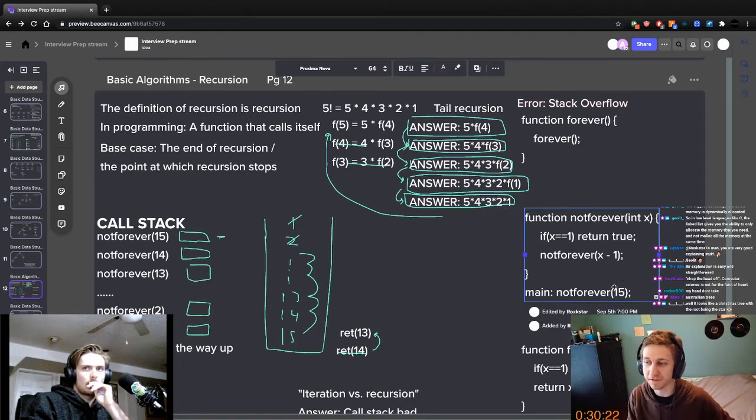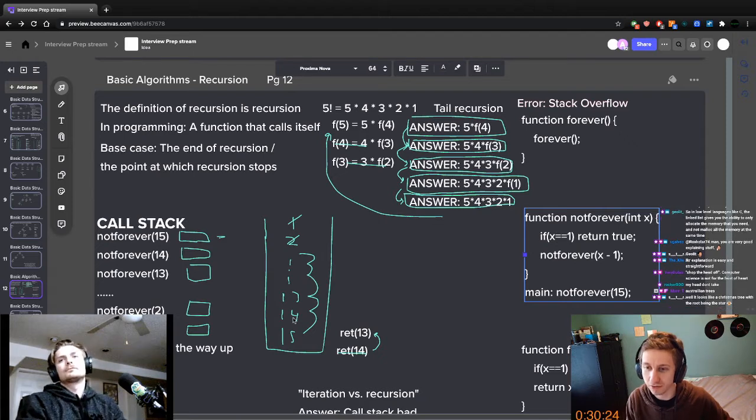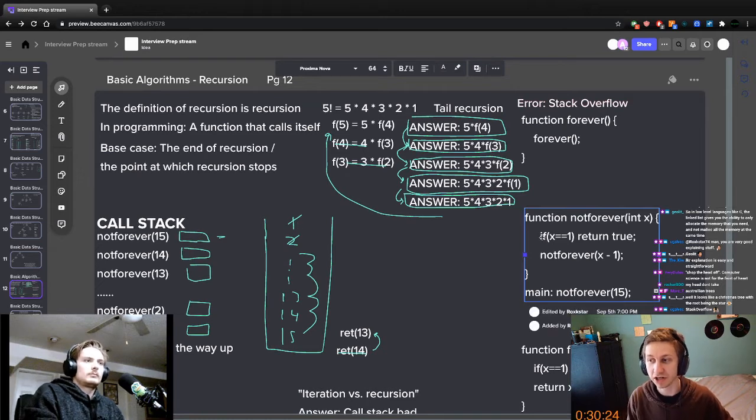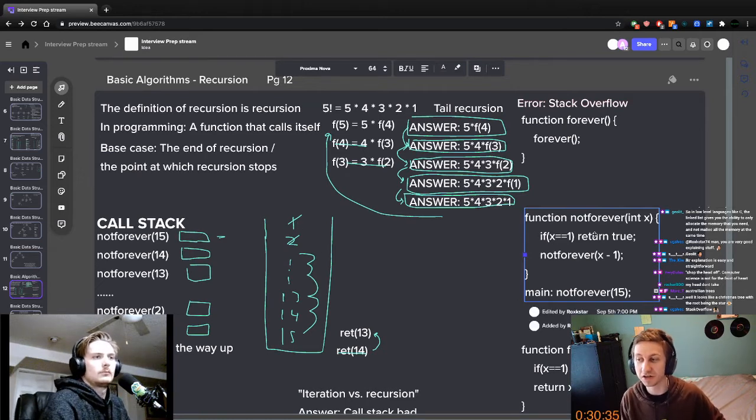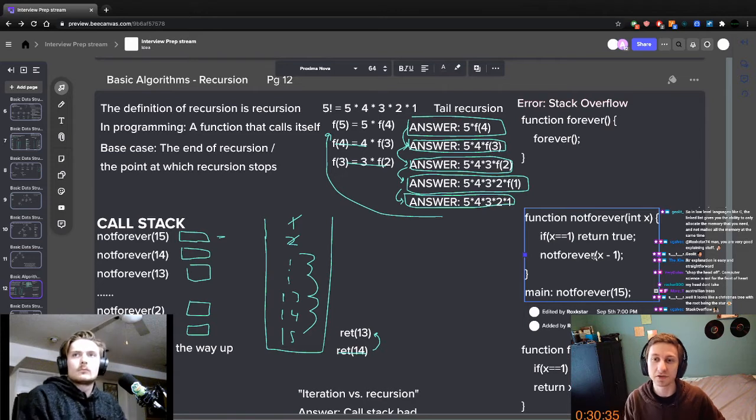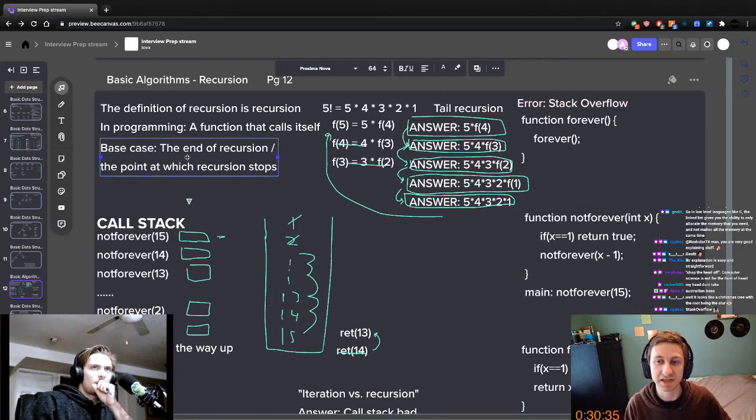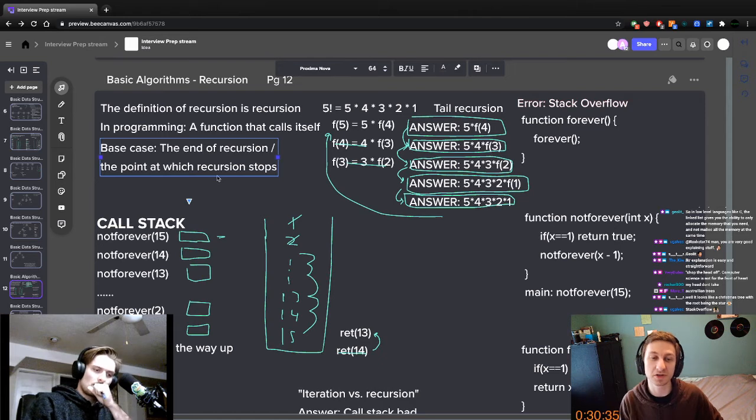So if I call not forever with 15, it'll take in the 15, and it'll subtract 1 and call itself again. So it calls itself with 14, then with 13, 12, 11, all the way up to 1. When it hits 1, we have a condition here, this if statement. If x is 1, return true. And that's what's called a base case, which is the end of the recursion or the point at which recursion